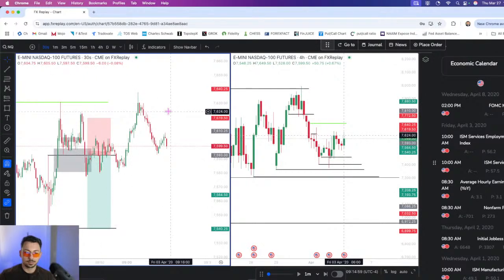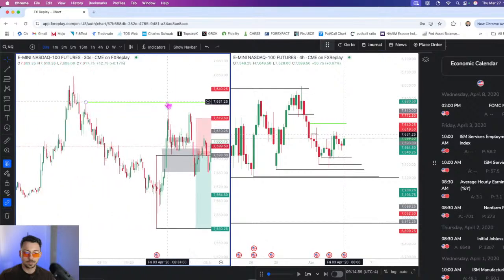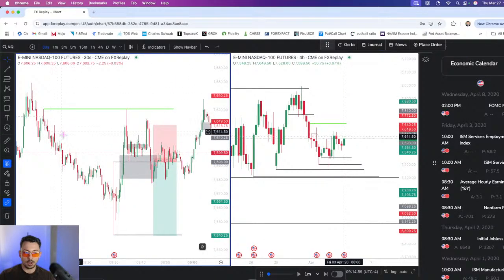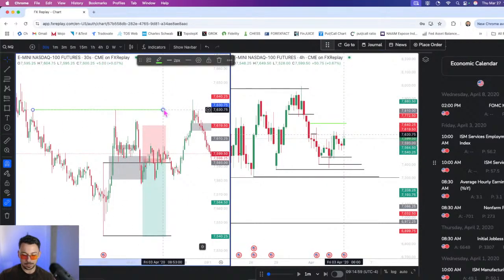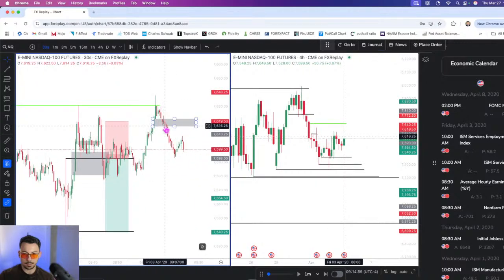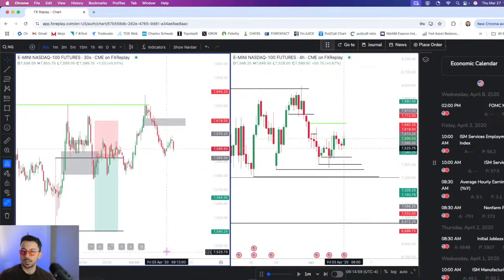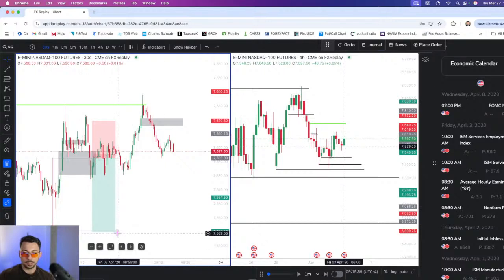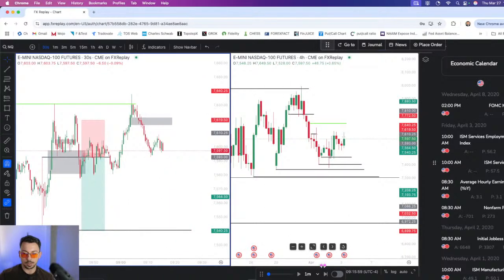Ooh. So that actually looked really good right here. Not all of the LRLR got swept, but the equal highs did. So this would have been a good trade, in my opinion, right there. Stop to break even at that low, but again, we missed it. So I wouldn't be surprised if this goes all the way down to the lows now.